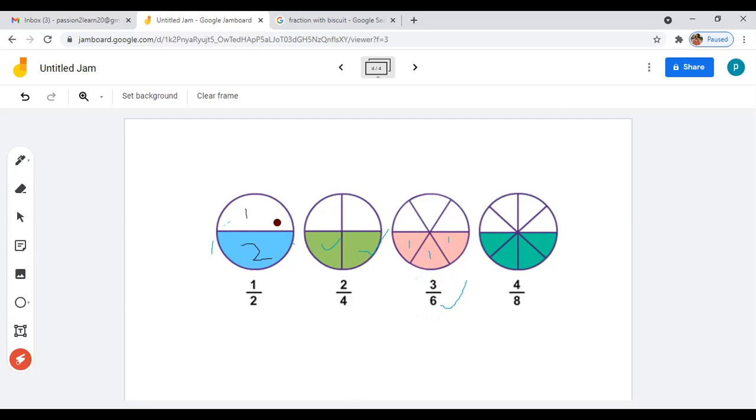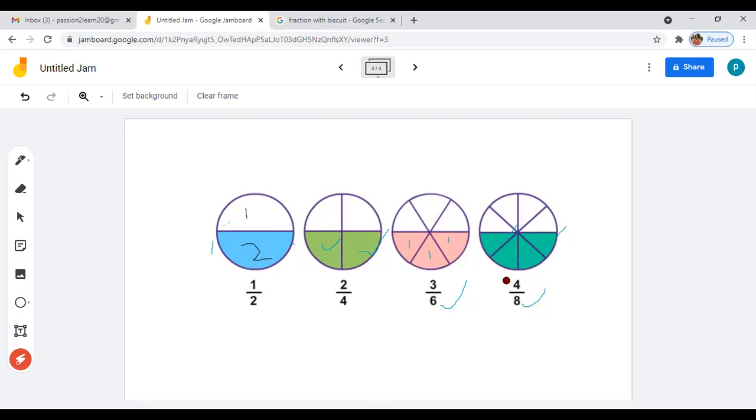And the last one, we can see a few more stripes, right? So let's count how many this is. 1, 2, 3, 4, 5, 6, 7, 8. So we'll be writing 8. One circle has been divided into 8. And what is the shaded part here? How many can we count? Yes. 1, 2, 3, 4. So there are 4 shaded parts. Here we will write it as 4 by 8.